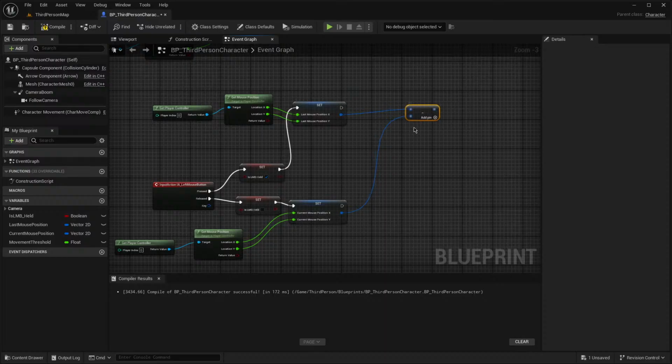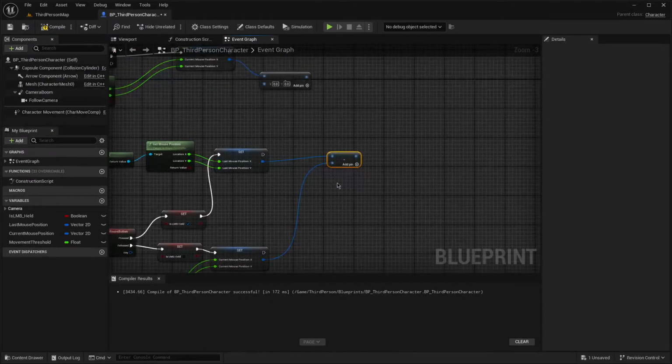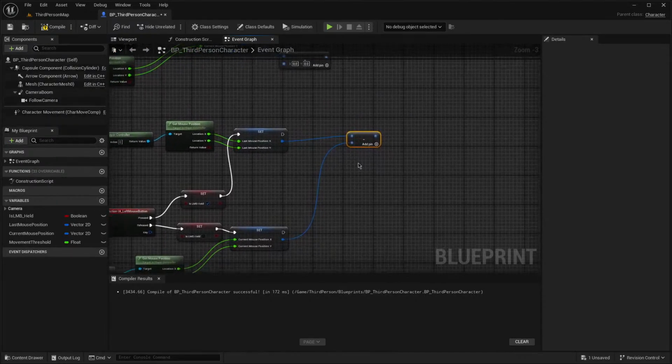Which is higher? Dot, dot, and then I think wouldn't the